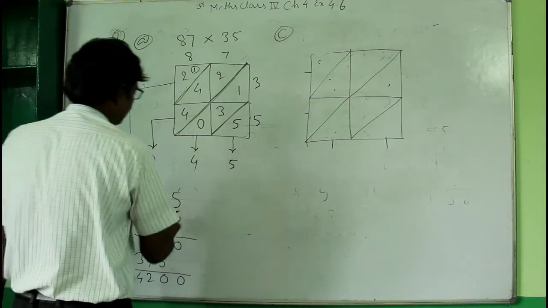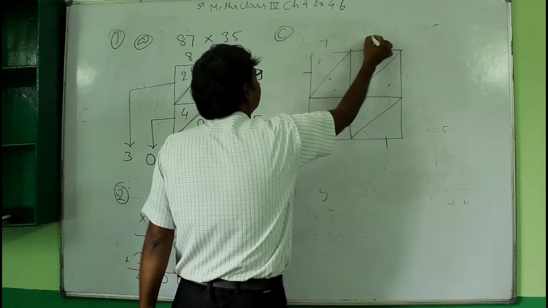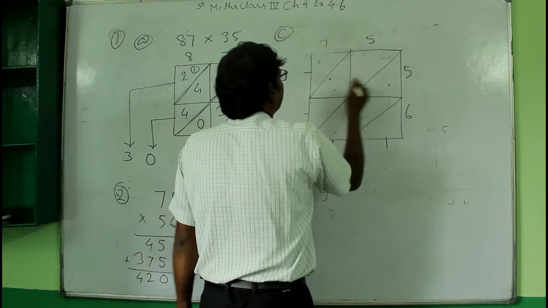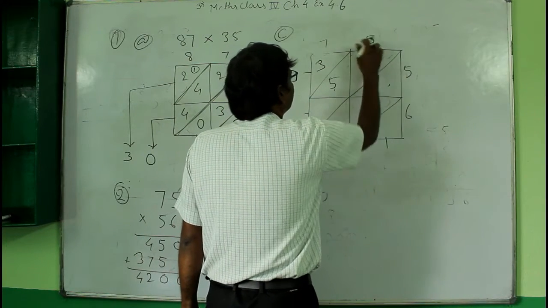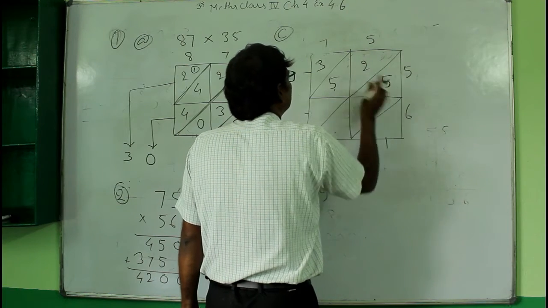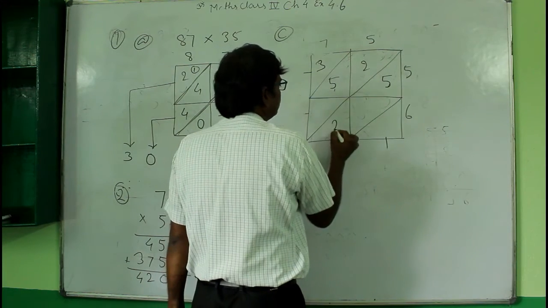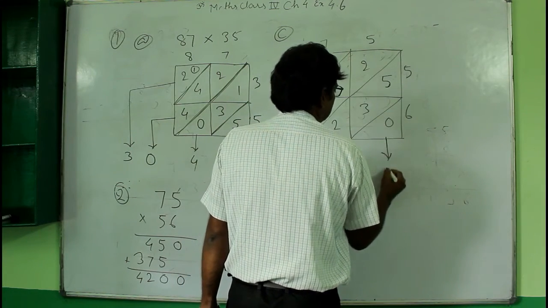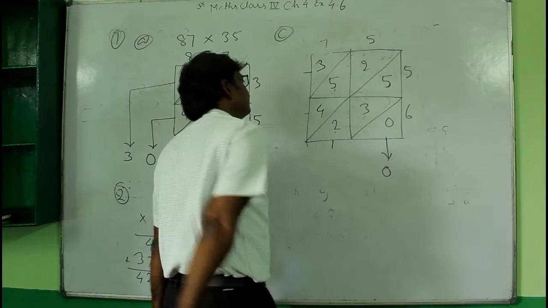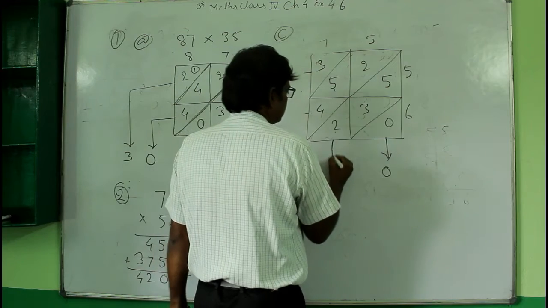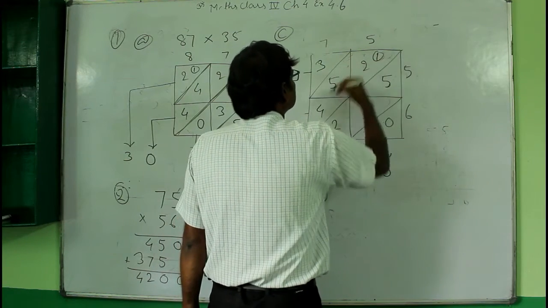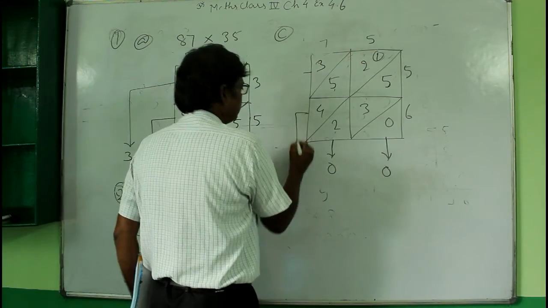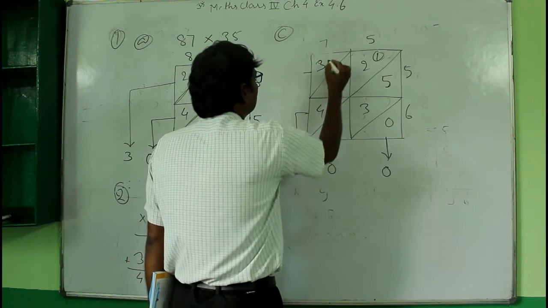Now multiply 75 and 56. Write 75 here and 56 here. Now 7 times 5 is 35, so 5 here and 3 here. 5 times 5 is 25, then 5 and 2. 7 times 6 is 42, so 2 here and 4 here, and 6 times 5 is 30, so 0 and 3. Then here it will be 0, and then add 5 plus 3, 8, plus 2 will be 10. So again 0 and carry 1 to this place. 2 plus 1 is 3, 3 plus 5 is 8, 8 plus 4 is 12. So the next number is 2, then carry again 1.